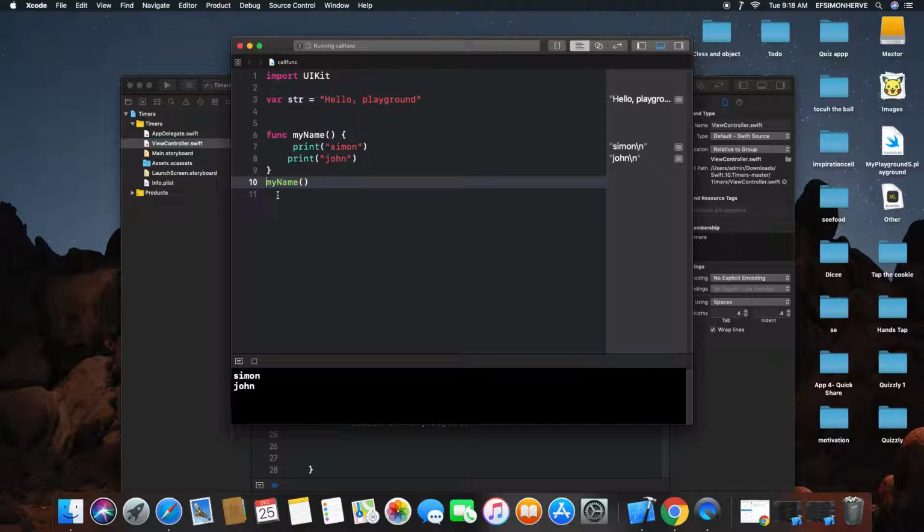What if I just comment this line? You see the function has no use, there is nothing there. But if I uncomment this line, you see we now have Simon and John. So that is how you call a function, and I can still call this function like 2 or 3 times